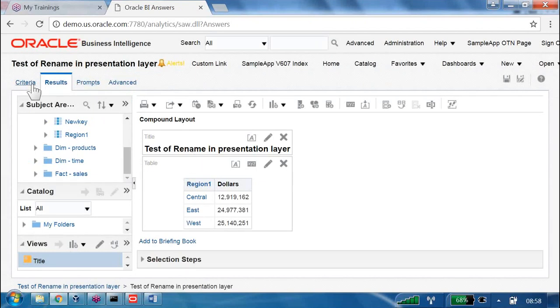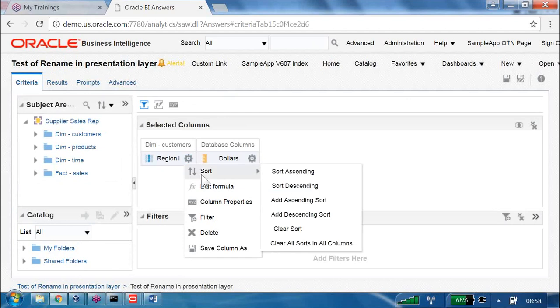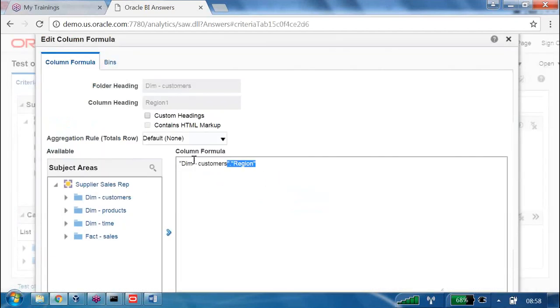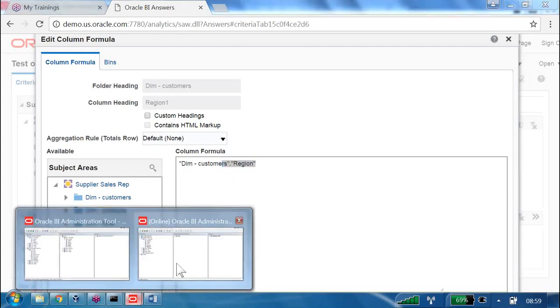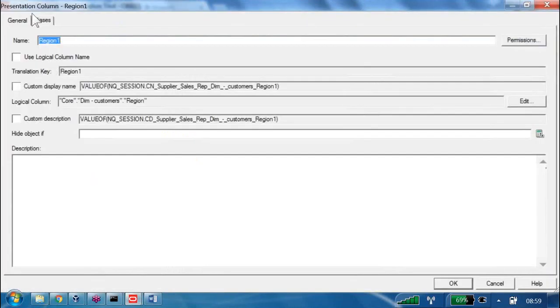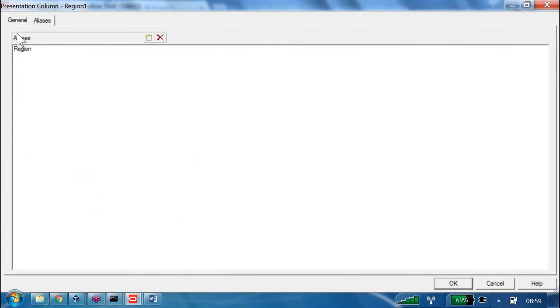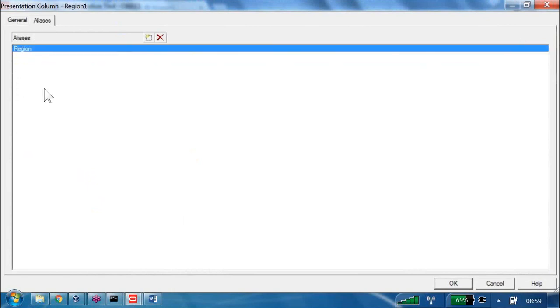You know what? If you go to the criteria, if I go to the edit formula, what is internally it is showing here? Why? If it is region, I don't have the region column. Externally it is showing what? Region 1. But internally it is showing what? Region 1. How it is working then? Region is not there, right? Region I renamed as what? Region 1. How it is working is based on if we go and try to observe here, what is this? Old name.